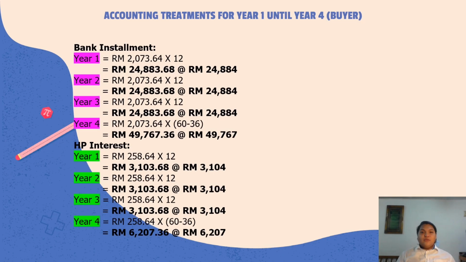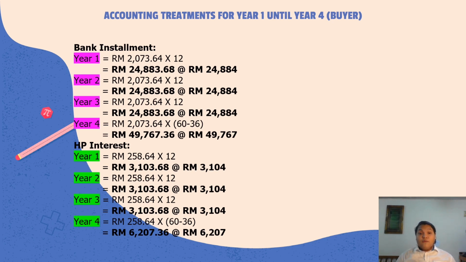Next, we move into accounting treatments for year 1 until year 4 on the buyer side. For bank installment in year 1, 2,073 ringgit 64 cent times by 12. We're getting 24,883 ringgit 68 cent or 24,884 ringgit. We're getting the same amount for year 2 and year 3. For year 4, 2,073 ringgit 64 cent times by 60 minus 36. We're getting 49,767.36 or